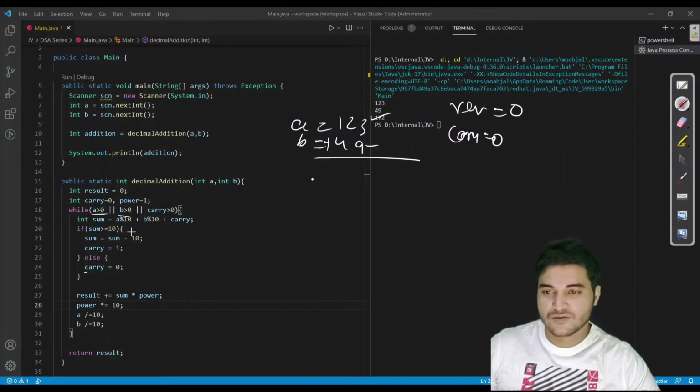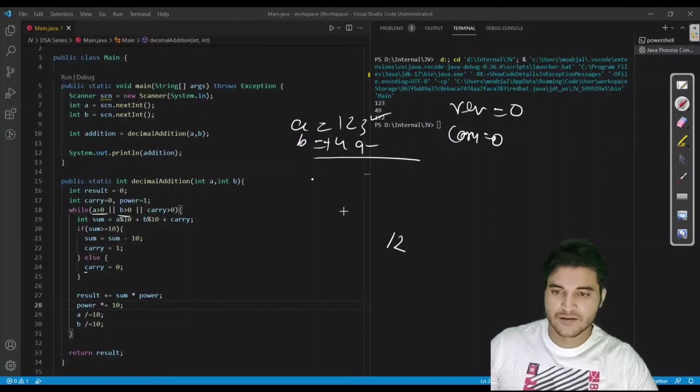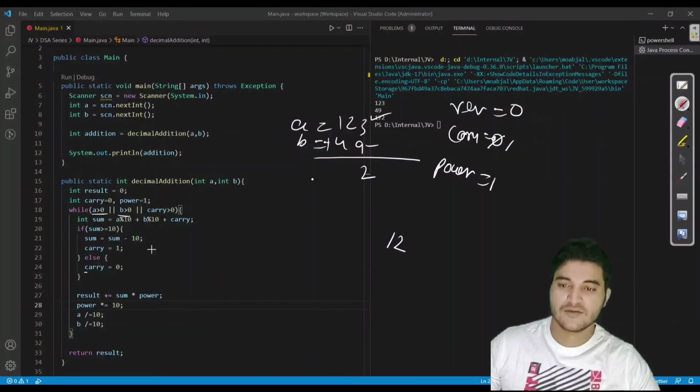Fine. So in the sum variable we would get 12. But as you can see, 12 is greater than 10, so we would subtract 10 and we would get 2. So 1 is the carry, now carry is 1. And initially the power is 1.